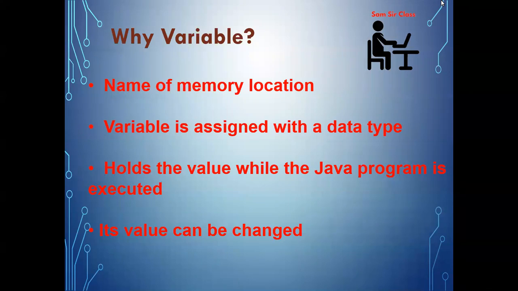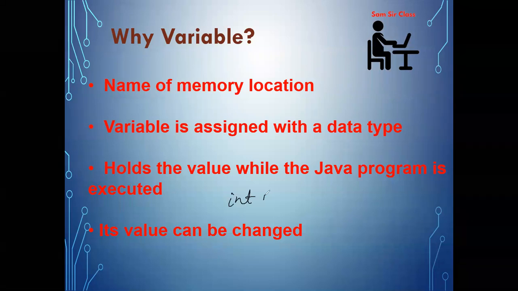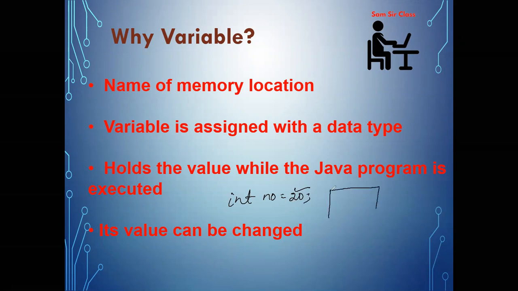Now, whenever you are declaring any variable, till now through programs you have written int number = 20. Now, what is this 20 all about? It's the value you are storing in a particular location. So the JVM will store 20 at a particular location, suppose 1000. But for that location, one identifier or one name is required, so that name we have given is number. So a variable is nothing but the name of a memory location.